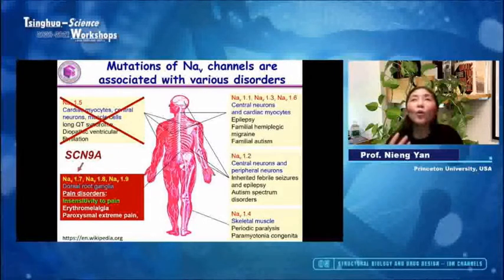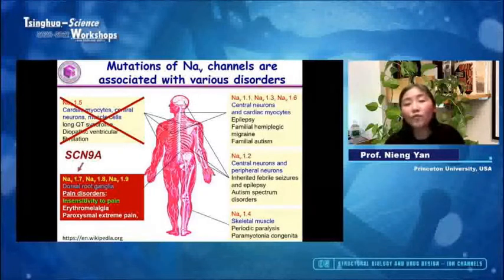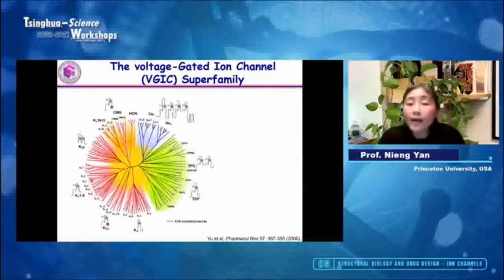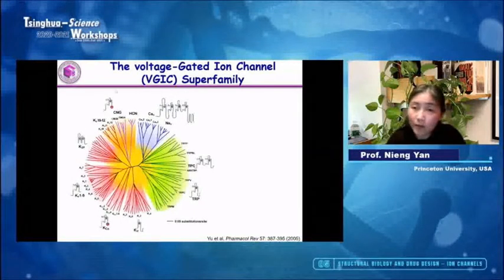That's why we set out to solve the structures of different subtypes of sodium channels, in the hope to identify subtype-specific druggable sites. And so sodium channels belong to a superfamily known as the voltage-gated ion channels that also consists of calcium channels, potassium channels, and even TRP channels,